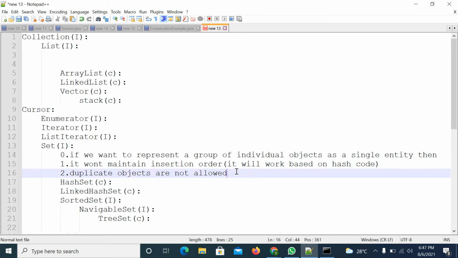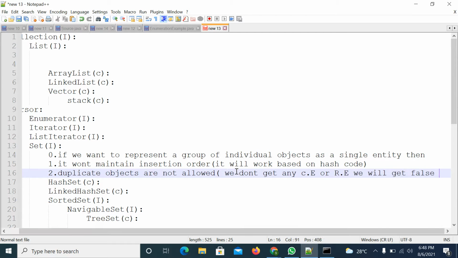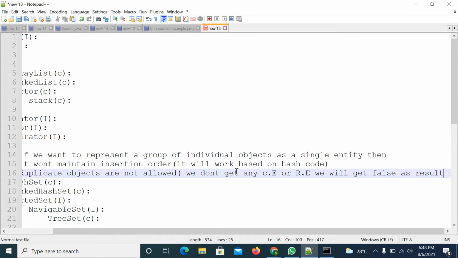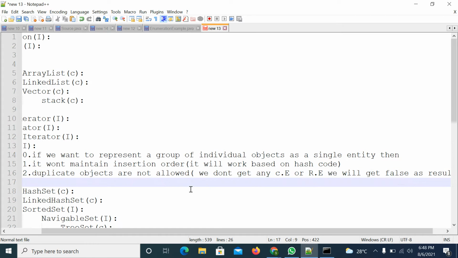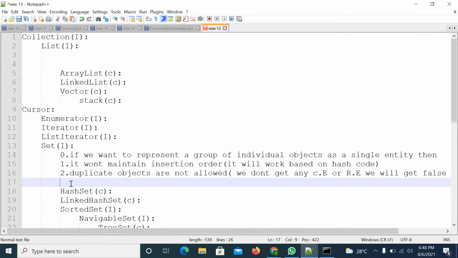Duplicate objects are not allowed. If you are trying to insert a duplicate object, what will happen? You don't get any compile time error, and you don't get any runtime error. It will return false as a result.